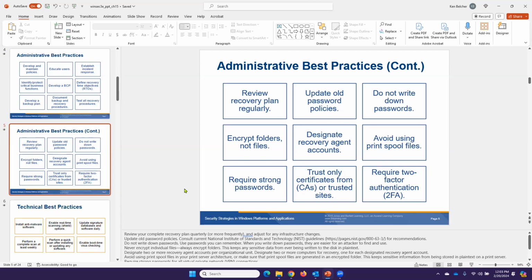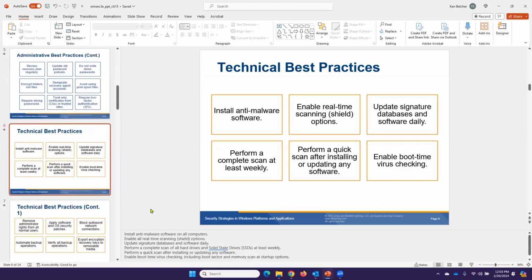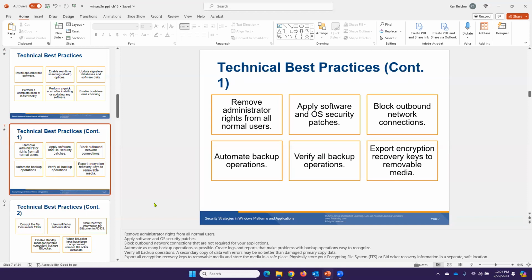And for most assets, we want to require two-factor authentication that we went over in the discussion questions. Technically, we want to install anti-malware software, enable real-time scanning, update signature databases and software daily, perform a complete scan, usually weekly, quick scan after installing any new software, and enable boot time virus checking. We want to remove administrator rights from all normal users, apply software and OS security patches, block outbound network connections,